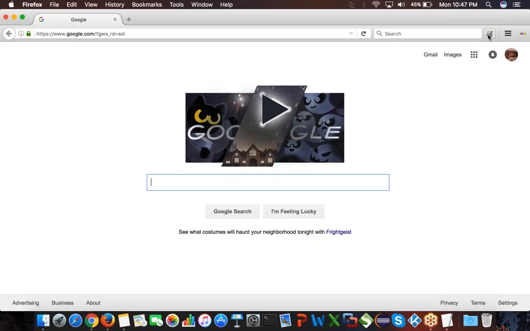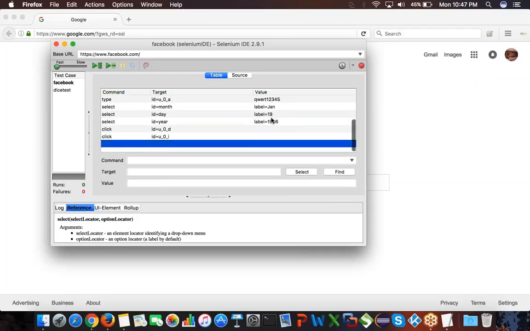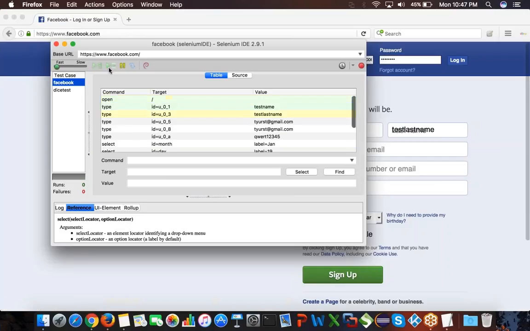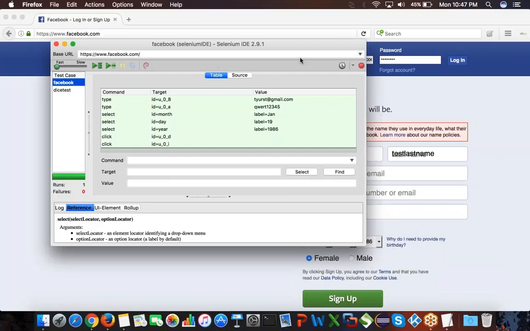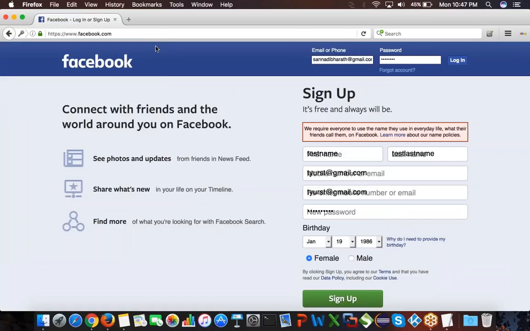The last and final topic that I wanted to tell is, we said this is a test case now, right? When I say test case, if I go and run this test case, so far we have done only test steps. So what is the validation here? As a user, when I say test case, we have to do some verification, right? In your document or in your test case, it says like this.